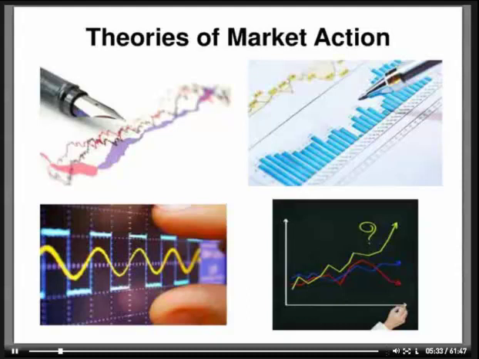Additionally, there's the fundamental side, which we don't really focus on here at the MTA. They mainly look at earnings, dividends, price to earnings ratios, which is actually a technical statistic because it involves price. And they basically focus on the intrinsic value of what the security you're looking at is supposed to be priced at. Then there's the random walk side, where people say the markets are unpredictable, which lends to the beta factor, or the risk of random movements within the markets.